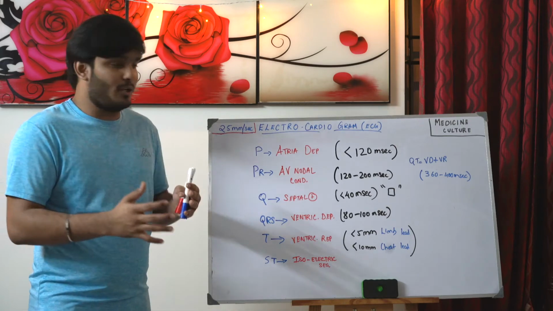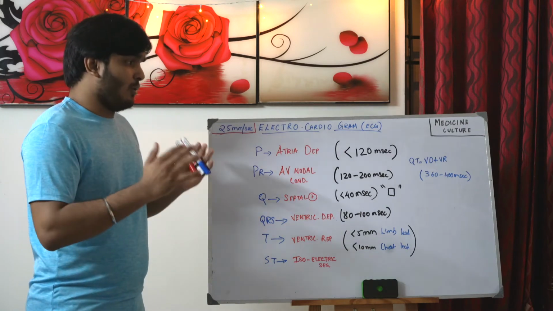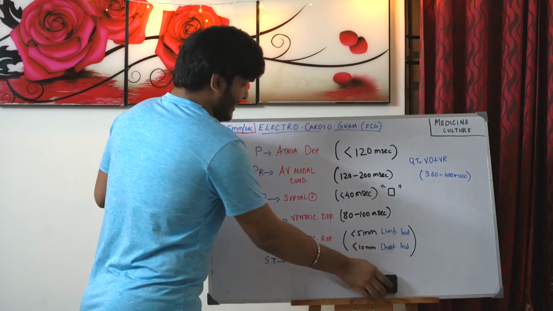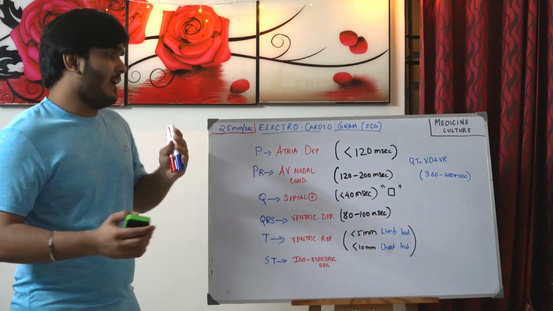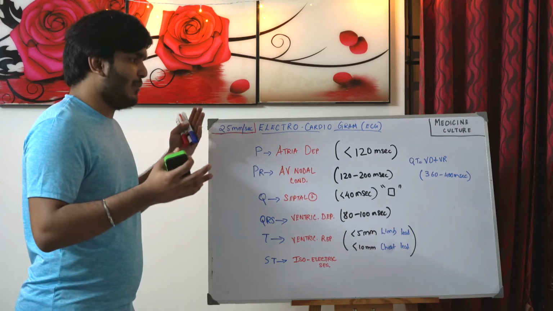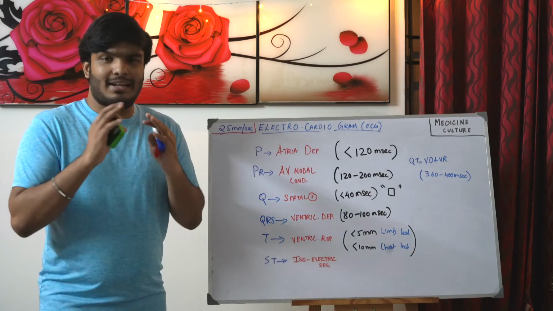You can easily find out. You see just 1, 2, 3, 4, 5 and 6 small definitions that will really crack your ECG well. So the last thing I want to share with you guys is how to find the electrical axis of the heart. We were talking about the normal electrical axis, but there is a simple way to find the electrical axis of the heart.